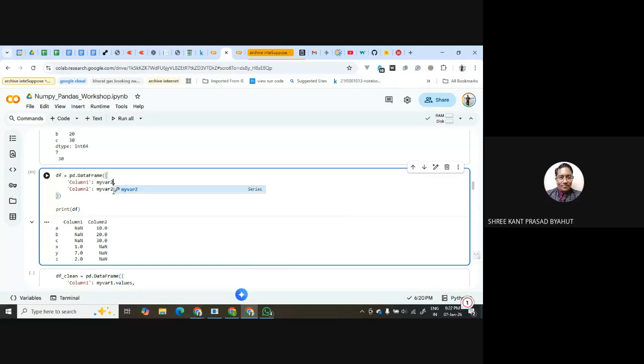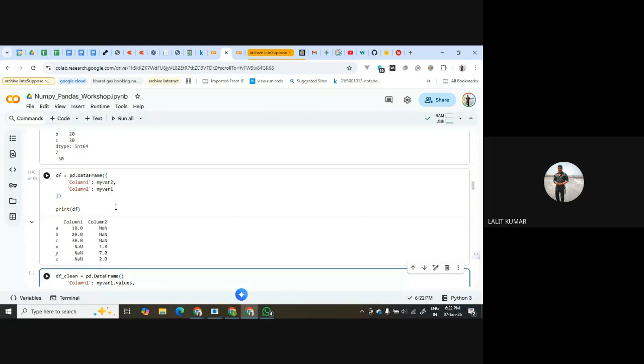Is the index always sorted? Yes. So there were two series objects, and now you are passing these series as columns, and the columns are joined. Before joining the columns, it is sorting the index. Yes. Got it. Thank you.